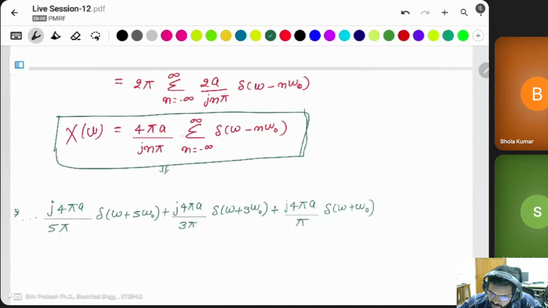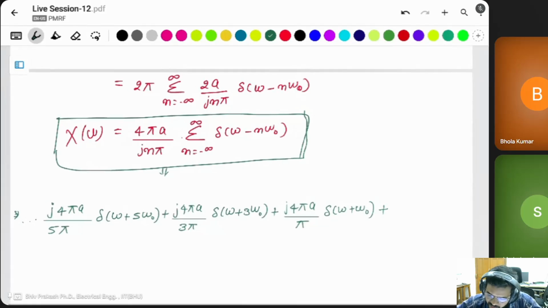What about the 0? C naught is equal to 0, that's why there is no 0 term. After that, this will be the positive 1. For plus 1, it means j is in the denominator: 4 pi A divided by j pi into delta(omega minus omega naught)